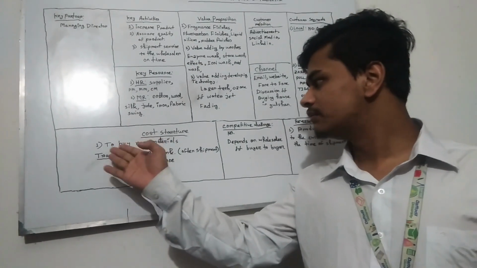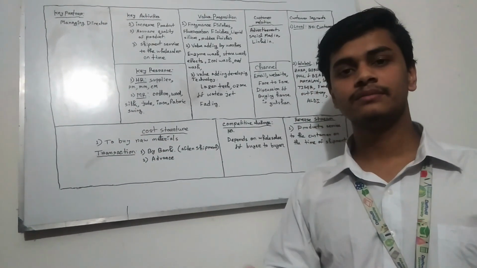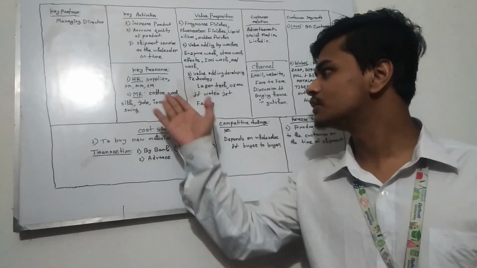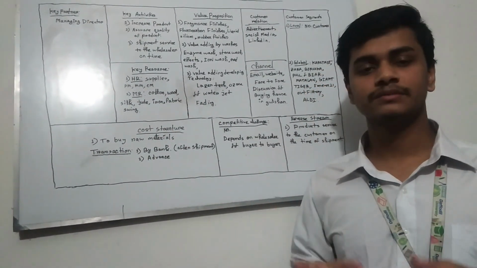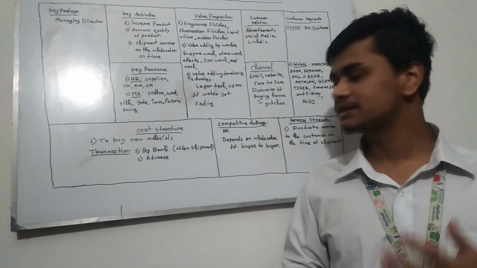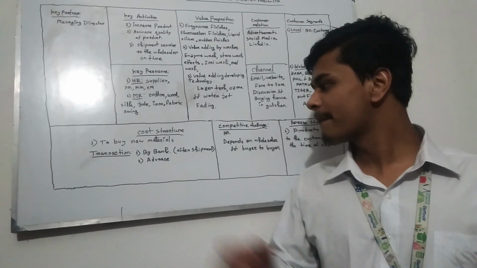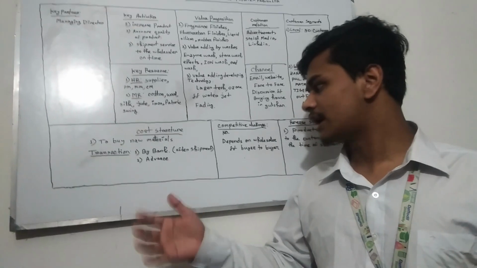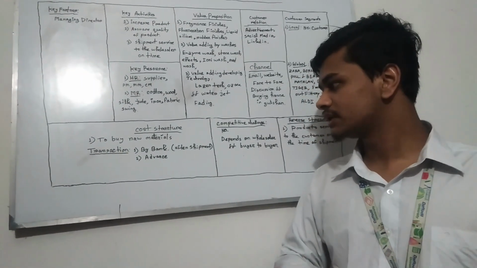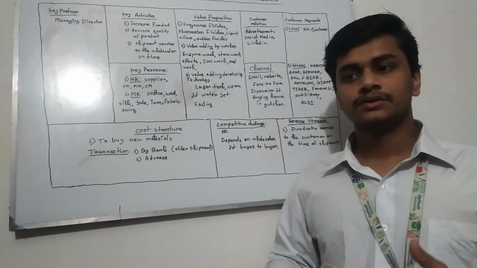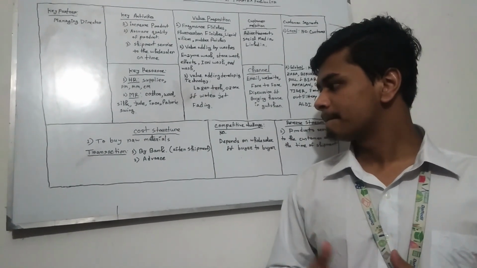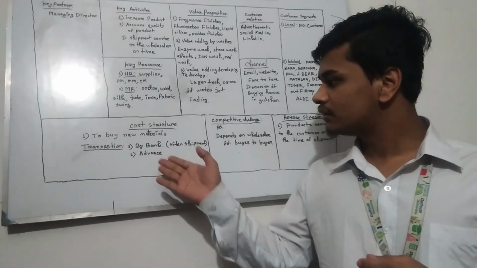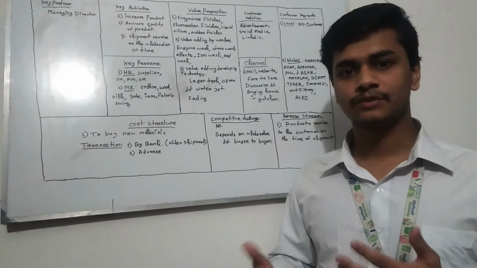So we can see that to buy new materials, when they buy the raw materials like cotton, wool, silk, jute, iron, fabric, sewing, obviously they need to maintain the transaction process. So how is the transaction process maintained? It can be by bank. After shipment, the transaction can be completed by bank. To build a stronger communication or relation with customers, they obviously use advanced processing.